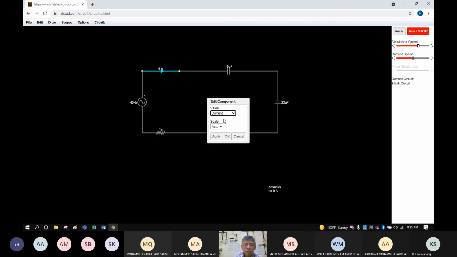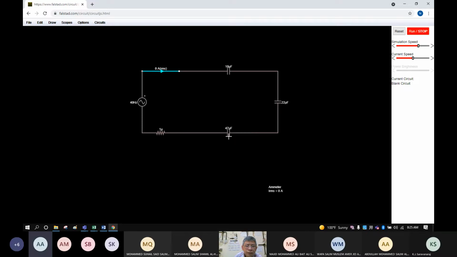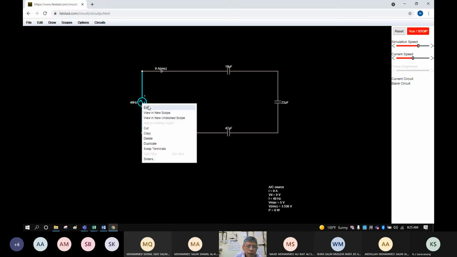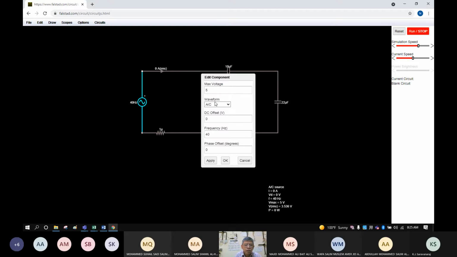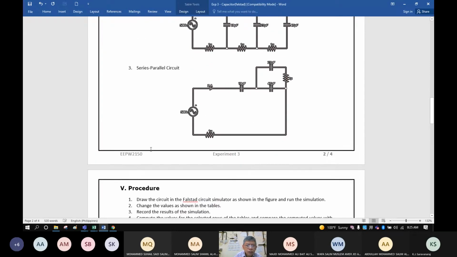Okay, root mean square. We need to change this current to root mean square. Okay, brother. Now we need to edit this voltage also, because I want to perform the experiment.